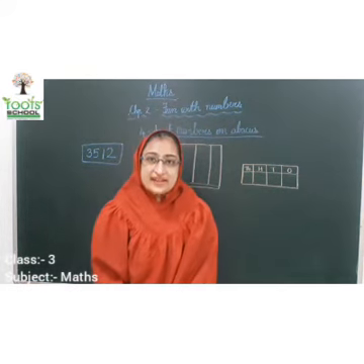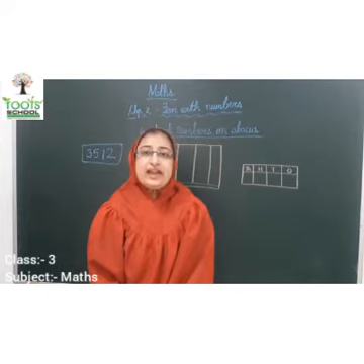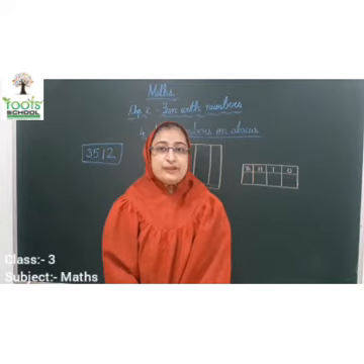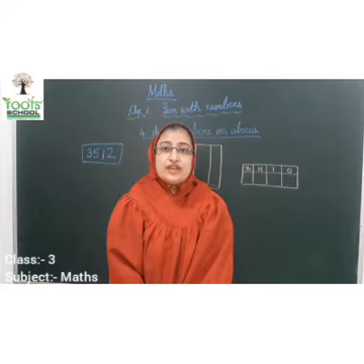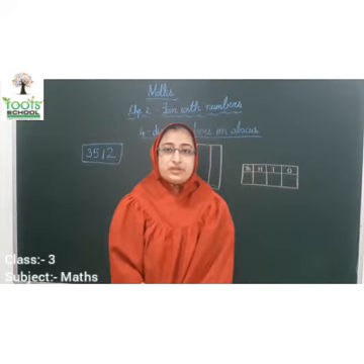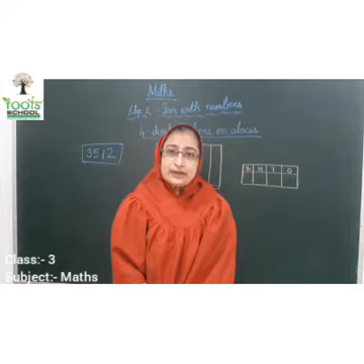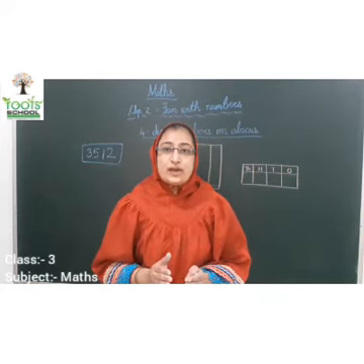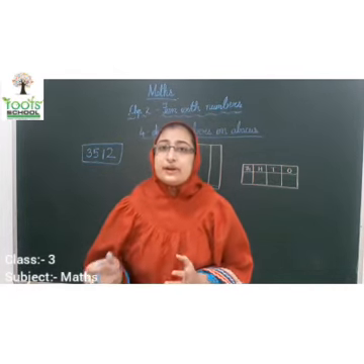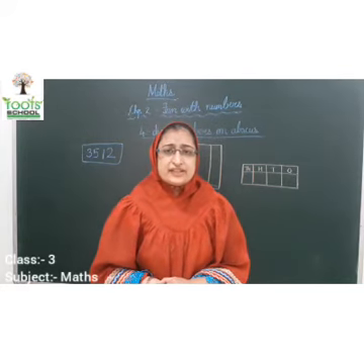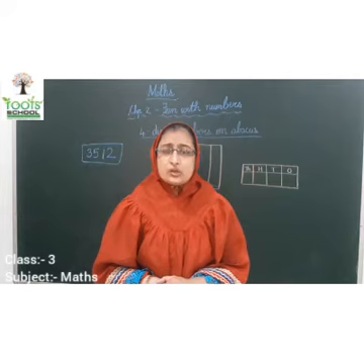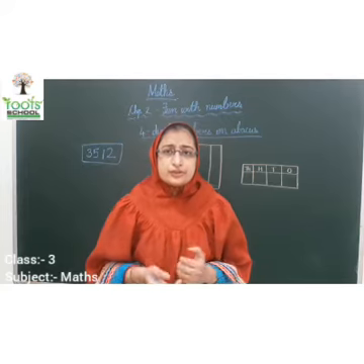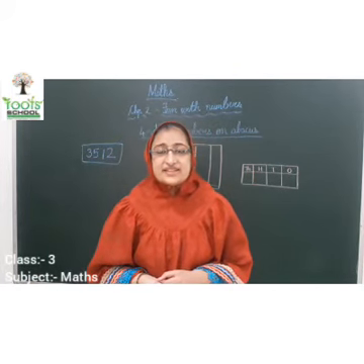I hope you are understanding the 4-digit number concept and you are doing your sums properly in your book as well as in the copy. Okay kids, today we are going to learn a new concept with 4-digit numbers: the place value, how to draw it on an abacus, and how to write the number in the expanded form. I think some of the kids had a problem with expansion, how to expand a number. Today when I explain, it is going to be more clear to you. Okay kids? So now let's start with today's class.